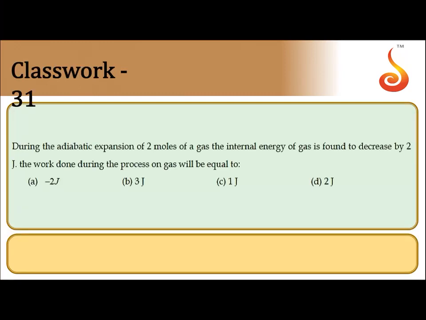Now we shall move on to next one. During the adiabatic expansion of 2 moles of a gas, internal energy of the gas is found to decrease by 2 joule. Then work done during the process on the gas will be equal to. So in adiabatic process, delta Q is equal to 0. So from first law of thermodynamics, delta Q is equal to delta U plus delta W. So this term is 0. So you'll get delta W is equal to minus delta U, or delta W is equal to